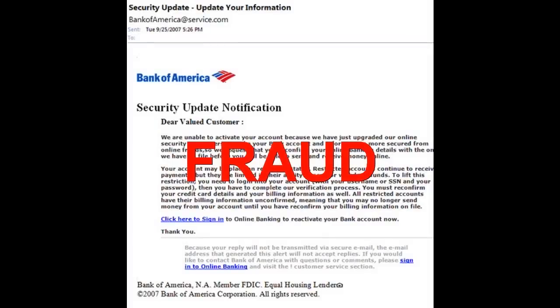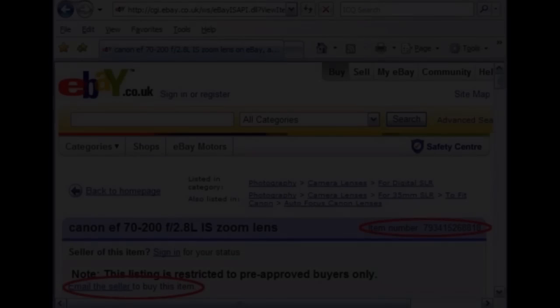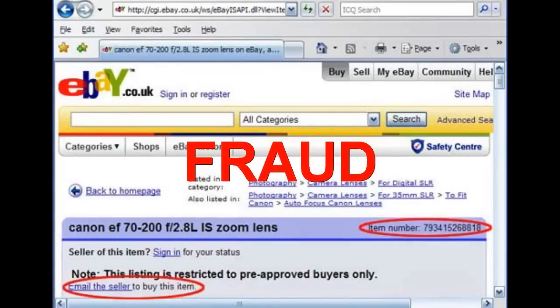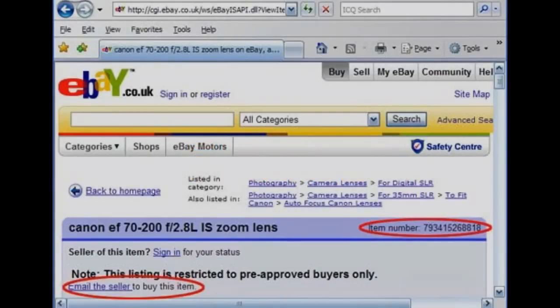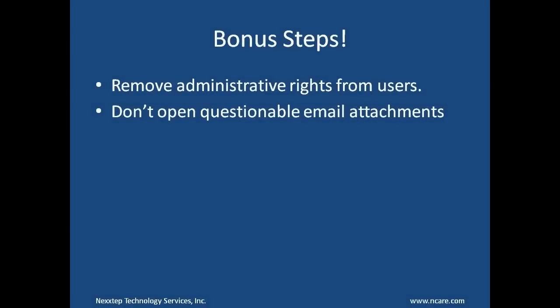Banks will never ask for account numbers or social security numbers via email. PayPal is not going to ask you to log in from the email. eBay never asks for your username and password via email by clicking on a link. If you do get an email from your bank or from PayPal saying that there's a problem with your account, do not click on any of the links in the email. Just simply go to PayPal or go to your bank, or call your bank and ask them if there's a problem. Because basically,